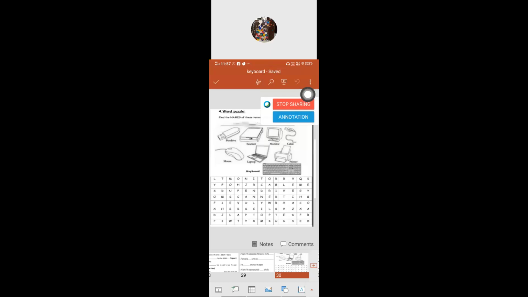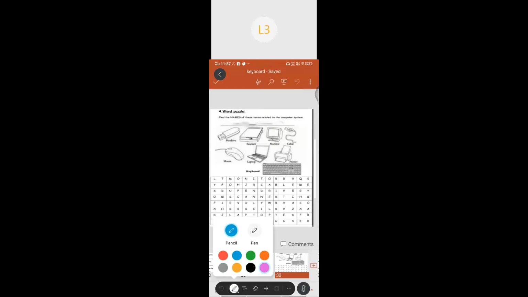Ma'am, the third one, mouse, third line. Where is pen drive? Monitor, ma'am, first line. Very good. Where is the monitor? Ma'am, you didn't circle the P. Yes, now I got it.